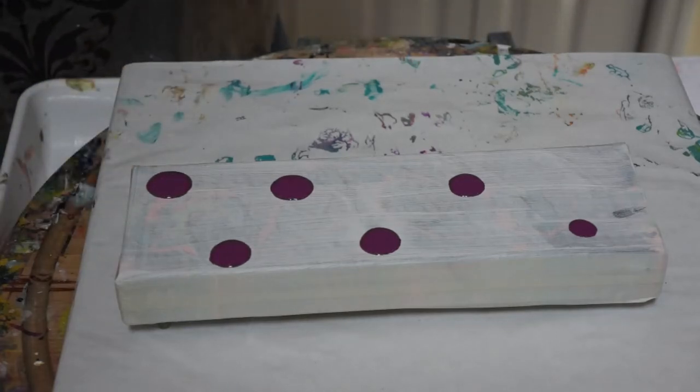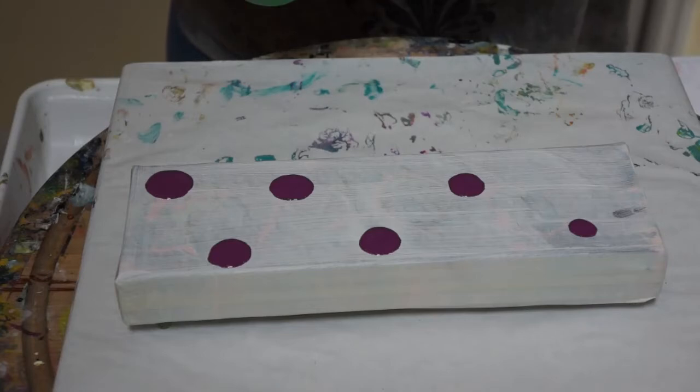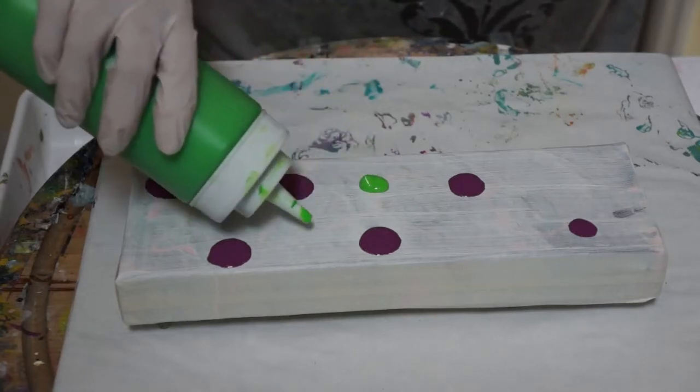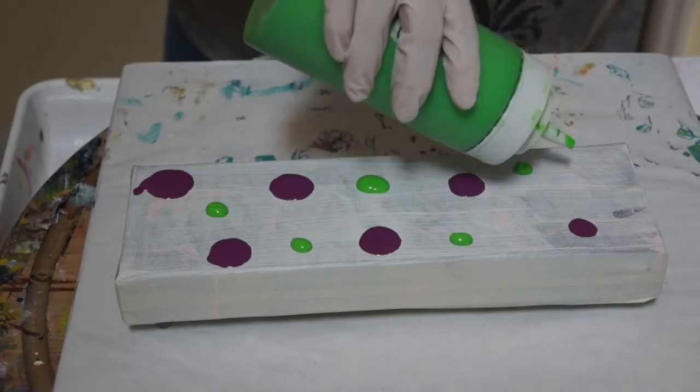Then I'm going to use some Liquitex light green yellow that John made, a brand new color. Looks pretty, John. It's a little thick still. Yeah, it has to be thinned with some Deco Art. As soon as you get some out of there, I'll...